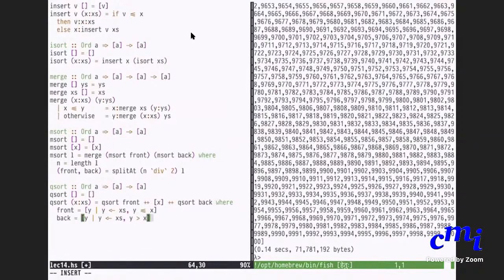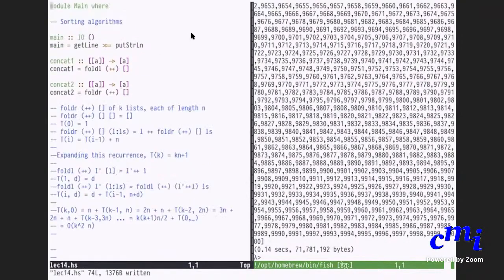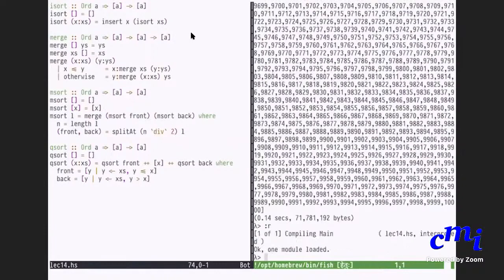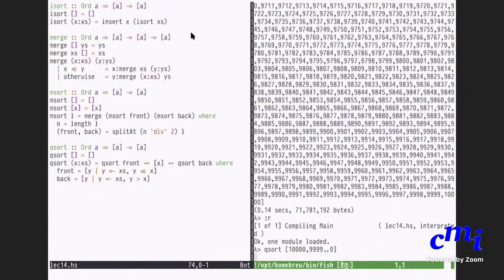Okay, great. This is done. That's all there is to the algorithm. Let's try Qsort on the same thing. Of course, it will take a lot of time because, as I told you, if the pivot element is the smallest or the largest, then it will take order n squared time. So this should also take around 10 seconds.